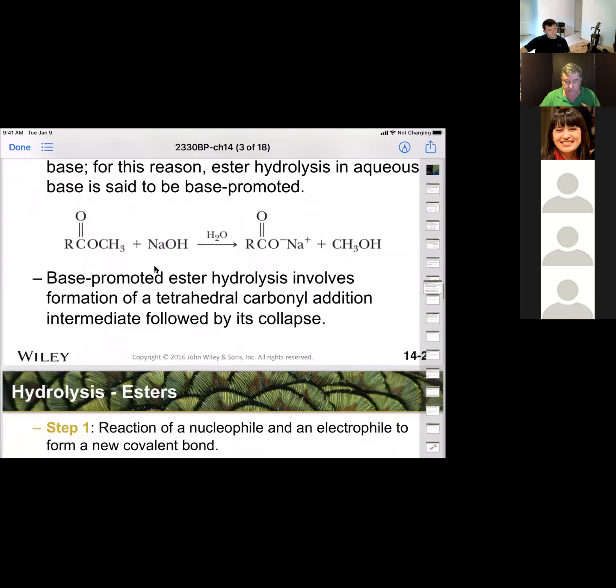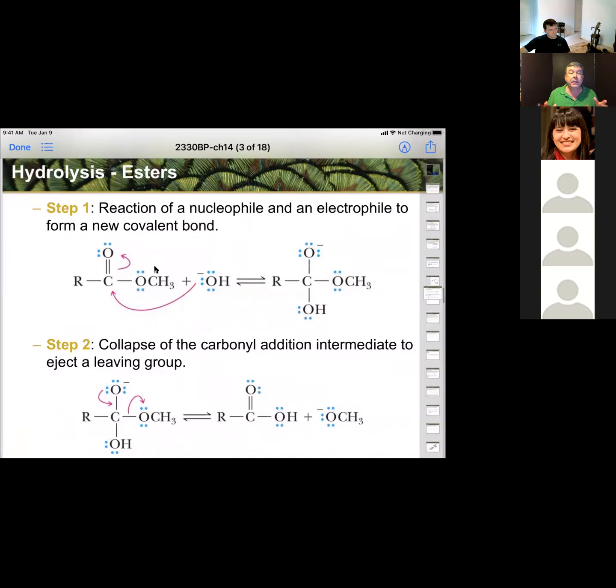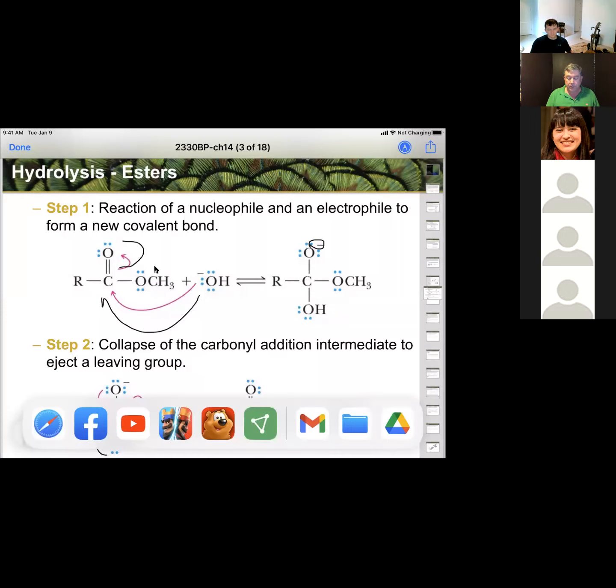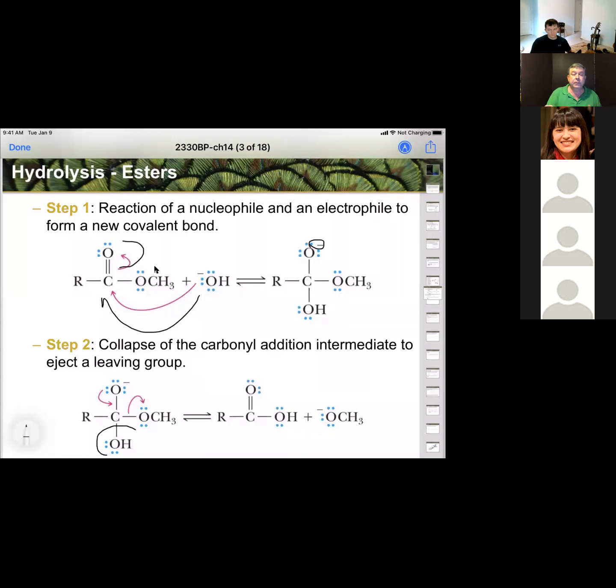Okay. So let's look at the steps on that. So in this, instead of something coming in as a weak nucleophile, we actually have hydroxide in the system. So hydroxide is actually a really good nucleophile and will come in and attack at our carbonyl compound, and these electrons kick up and generate our negative charge here. Okay. So now we form our tetrahedral center. But now we have to have something leave, okay, to regenerate our sp2 hybridized carbon. And so we have a competition between, it can lose the hydroxide,